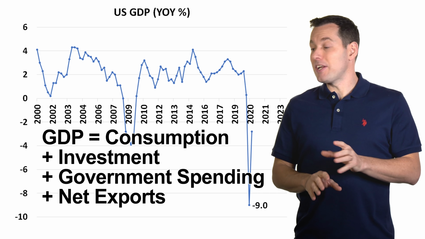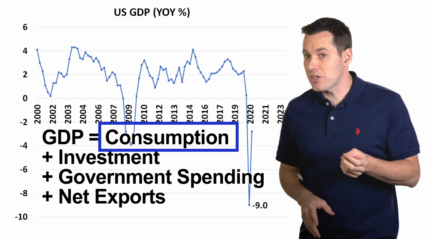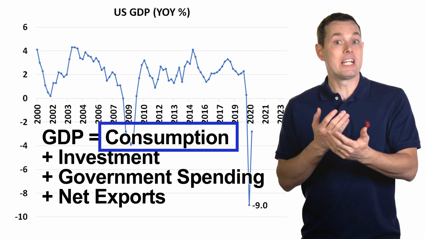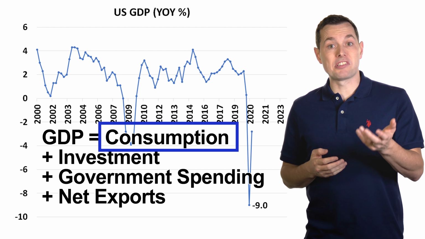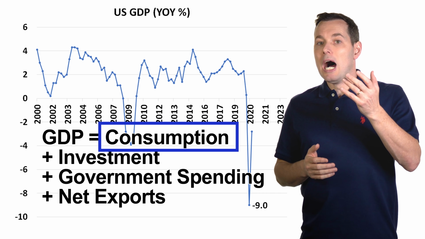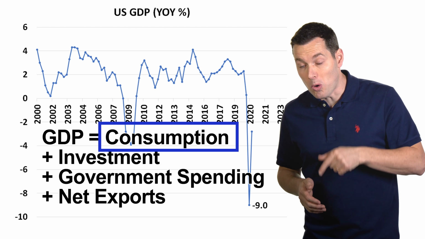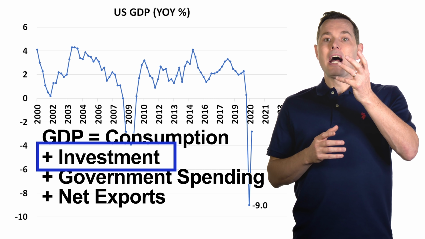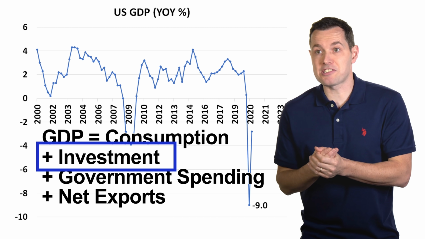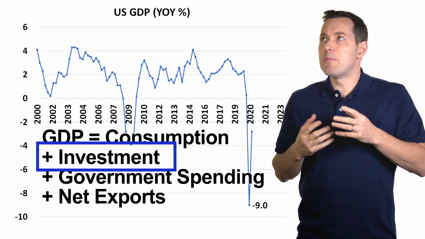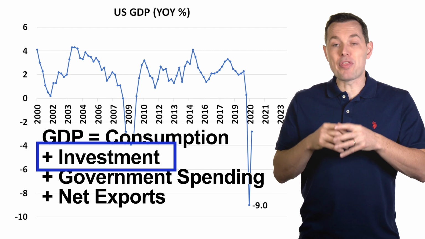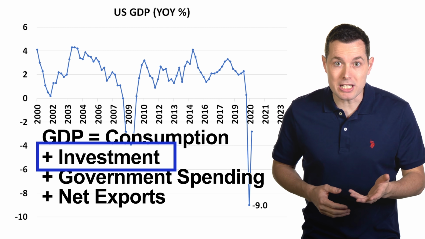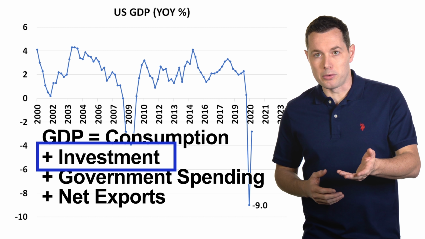Just so we're on the same page as far as this formula goes, consumption generally refers to consumer spending. How much are people going to consume in 2021? Since these numbers are presented in year-over-year changes, how much are people going to consume in 2021 versus 2020? Then we have the investment side of it. This is how much private domestic investment happens. How much will businesses invest within their own country? Are they building new factories, buying new manufacturing machines or new buildings, things along those lines?